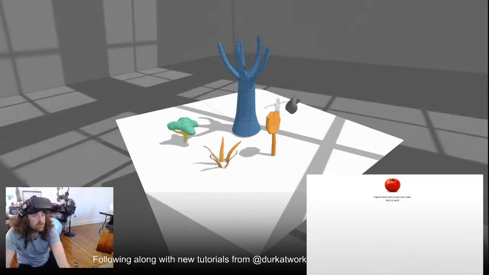Ah, fuck. It's already there. And now extrude outward again. So we've created a little